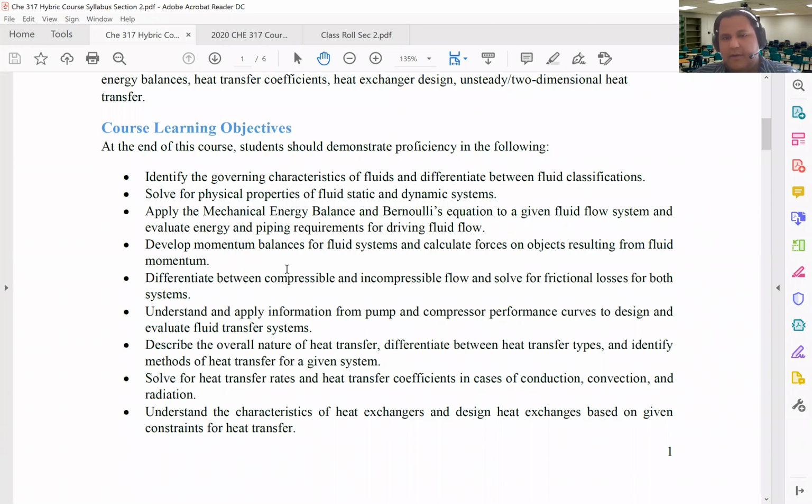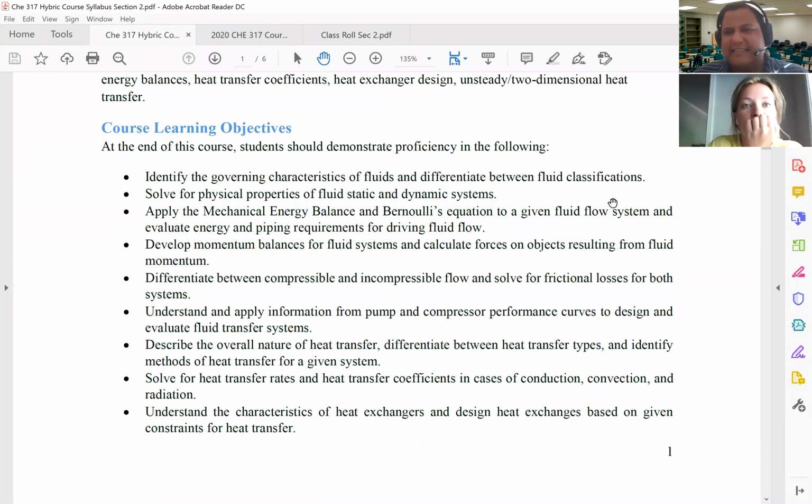over the course. One other thing I like to note in these learning objectives is this concept associated with momentum balances, because a lot of times this is the first course where you'll really understand, or at least attempt to understand, what a momentum balance is and how it applies in chemical processes. And so that's definitely a point where the students will struggle,